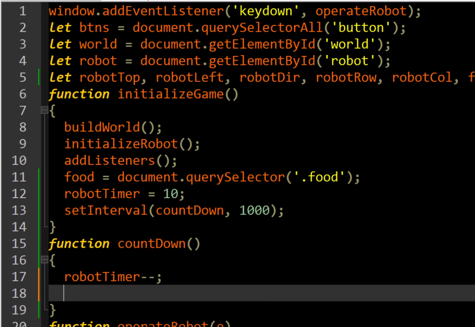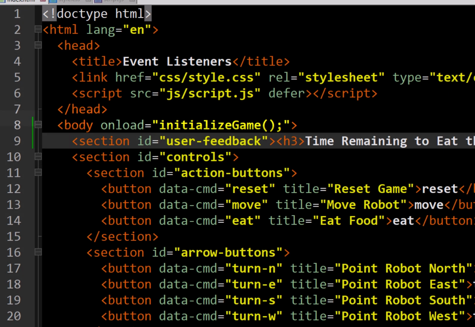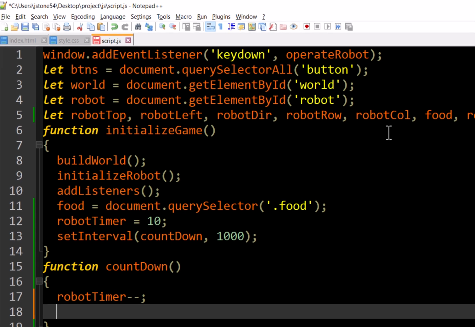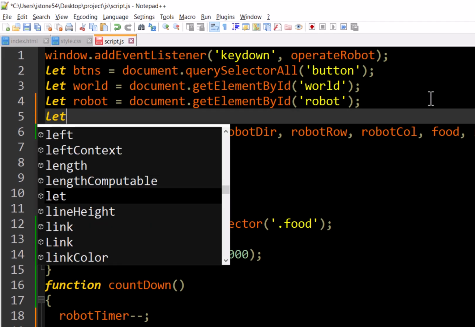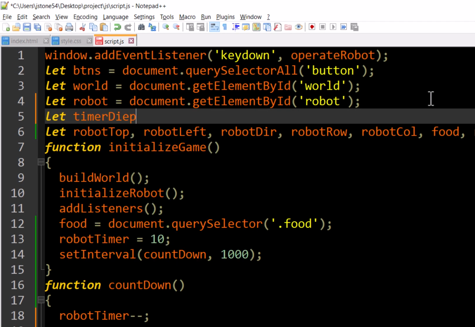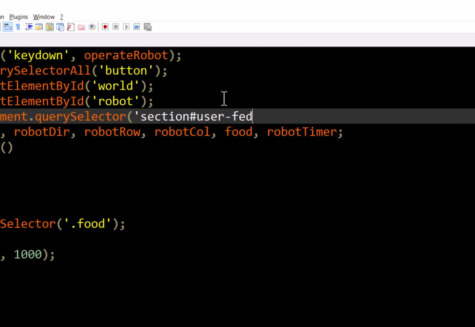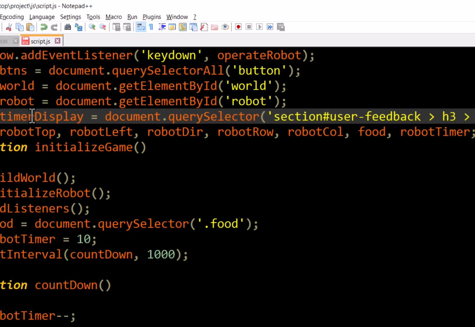Actually, we don't even need to console.log because we've already created a place to put it. So we'll put it right here, which is the user feedback h3 span. So let's remember that. We need a place right here. Let timer display equal document.querySelector section user feedback h3 span. There we go. So now I have the timer display right there.